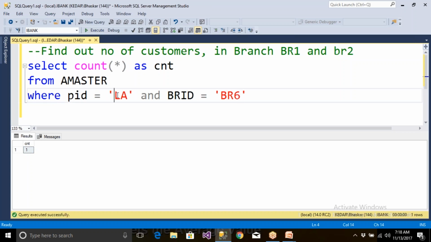And for BR6 loan or BR6 savings bank accounts, how many customers do you have? You have 3 in branch BR1. So like that you should be able to write multiple conditions like this, and it is going to perform the operations. Okay. Now, if somebody asks you how the execution is going to work,